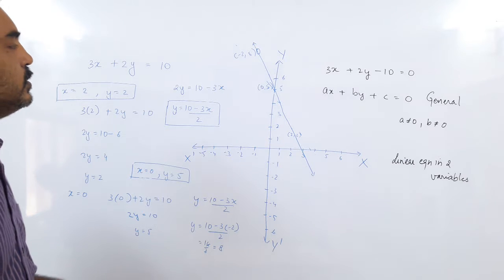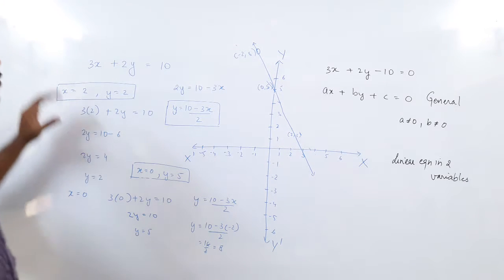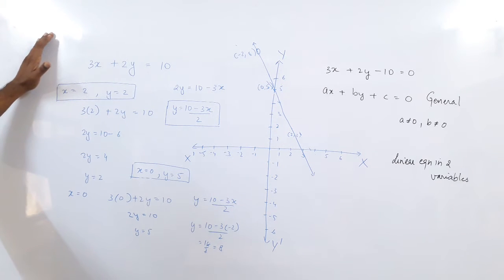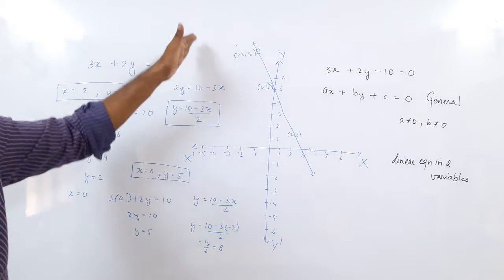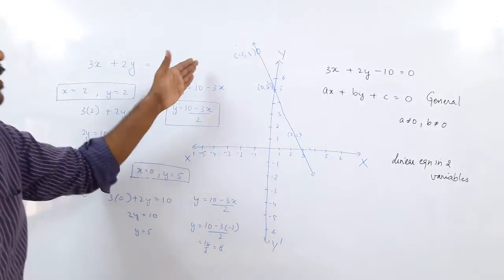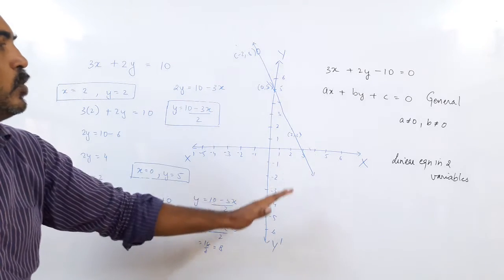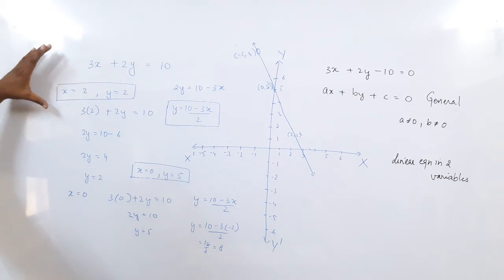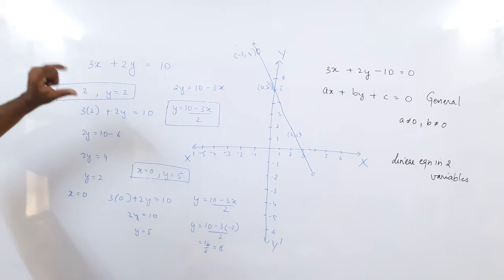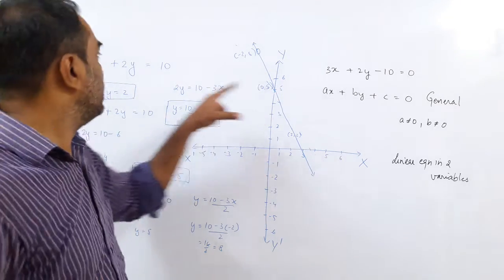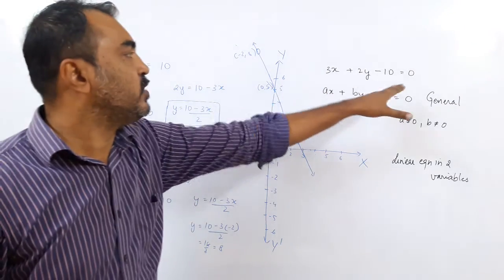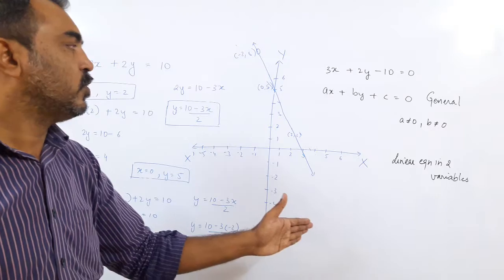So am I clear? I'll revise it one more time. We had done equations in one variable. We can even plot the graph. We plotted the graph of a parabola, of a straight line, of a cubic polynomial. You can see in chapter number 2, we had plotted the graphs. How did we plot the graphs? Why was it called one variable? Because x was the only value changing. When you change the value of x, then the value of the equation keeps on changing. Okay, that is the point.